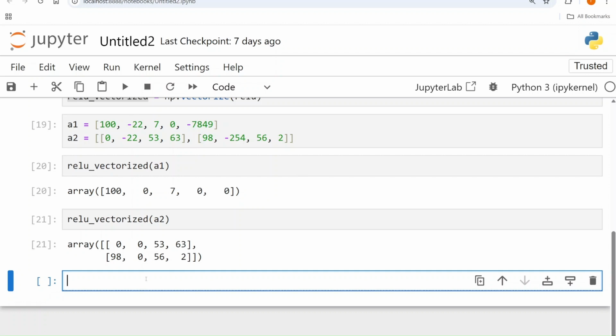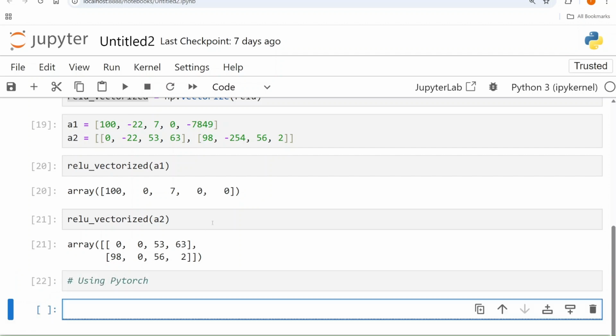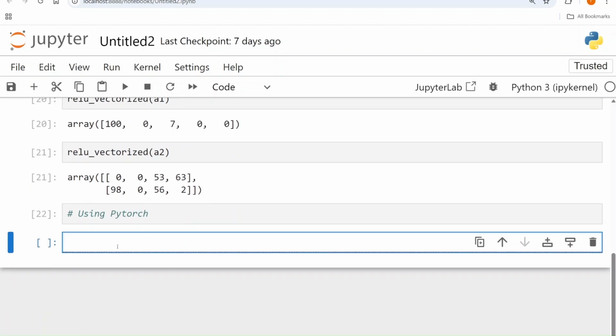Now we can also use the ReLU function that is defined in PyTorch and TensorFlow library. So let's try to understand how we can use the ReLU function which is present in PyTorch. So I'm going to give this heading PyTorch. Now first we have to import two things from PyTorch. So from Torch I'm going to import nn, the neural network module, which contains the layers and activation functions, and also a function called from_numpy. This function from_numpy will convert a NumPy array into a tensor, which is a PyTorch tensor.